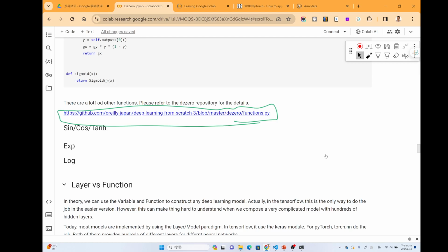Okay, so this is the implementation of the functional blocks in DeZero. We discussed how to do the derivatives of a lot of functions, either mathematical functions or structural functions. So in the next video, we'll discuss the layers and the models, so that those facilities will simplify the implementation of the neural network.